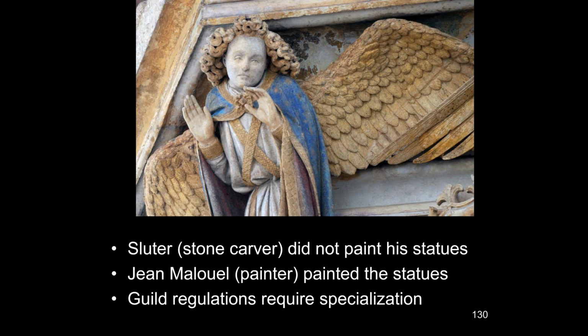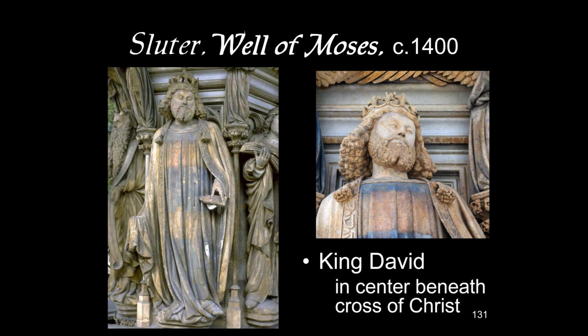Later on, we will hear of several sculptors who also seem to have been painters. Presumably, they either had to qualify in both guilds, receive training both in painting and sculpture, or they had such a large workshop that they had painters and sculptors together, and this is in Germany, in Hans Multscher's workshop, and Michael Pacher. We said that the Well of Moses is a conventional title.